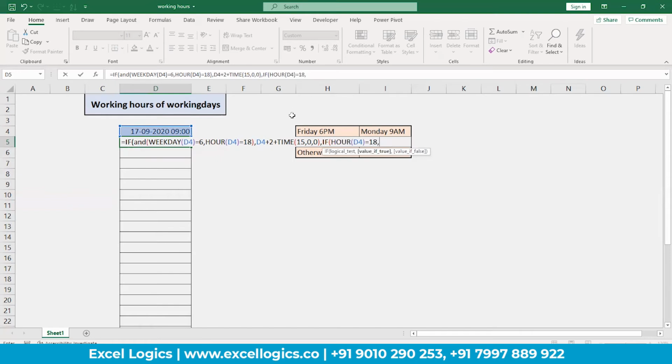Then to this date add only 15 hours. Means if today is Wednesday, if it is today 6 p.m., to change it to tomorrow morning 9 a.m., we don't add one day, right? Only 15 hours gap we have, so directly we add 15 hours. TIME of 15 comma 0 comma 0.